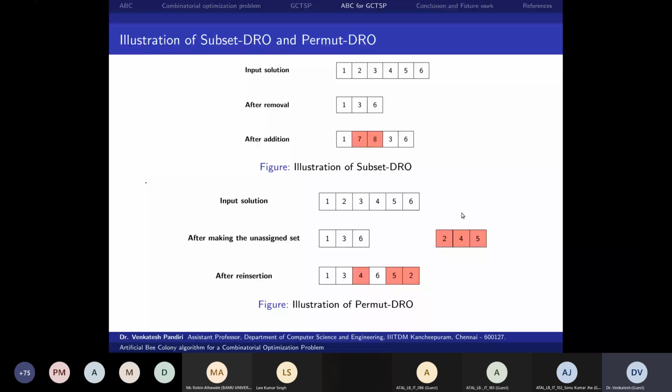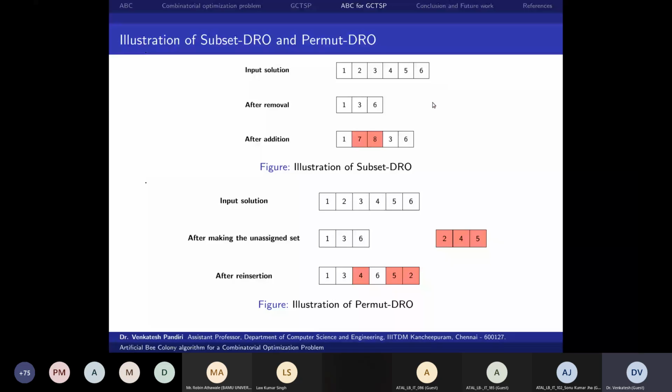at the time of adding 4, whatever the positions are there, all will be calculated one by one, and that will be inserted. And this 5 also will be taken, and all the positions will be evaluated. Wherever it is getting the less cost, it will be placed there. So as you can observe here, in this subset DRO only,